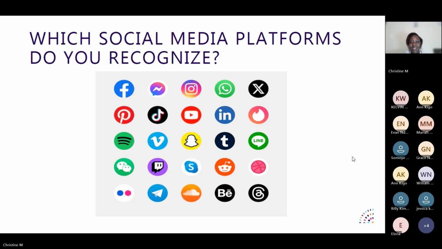Very good, thank you. I see we also have Grace Degwa. Your hand is up. Thank you, Christine, for the opportunity. I have been using LinkedIn mostly to sell my skills. Great. Which one is it on the screen? The blue one, with I and N in the middle. Fantastic. The last one we have is William. I've been using X so much to learn new things and follow entrepreneurs who share more information there. It's the X, formerly Twitter.